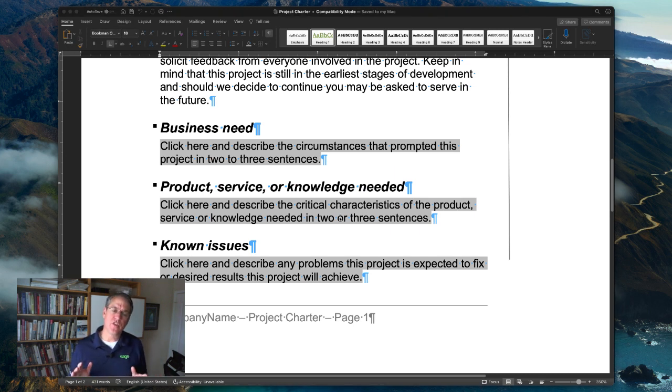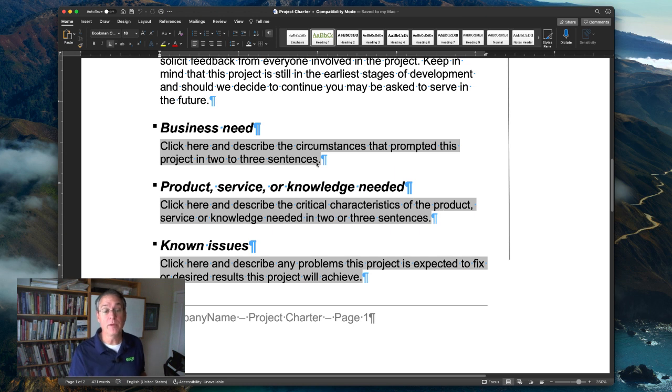Next up, we want to make sure that we also have the product, service, or knowledge that's needed here. So what's our need? The product, service, or knowledge needed. First is the business need, and then the next thing we're going to talk about is, what are the critical characteristics of whatever we need that's going to be in place here? And sometimes it's just additional knowledge. Important point here.